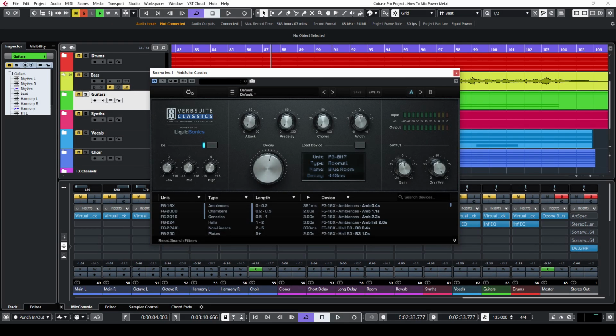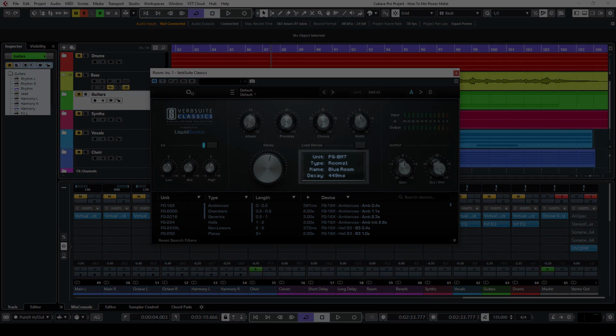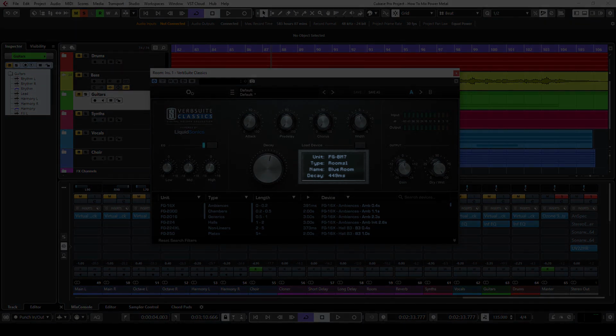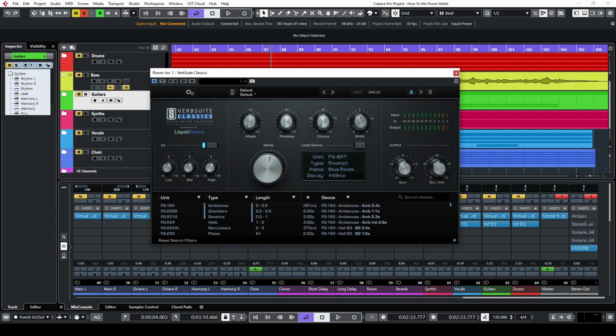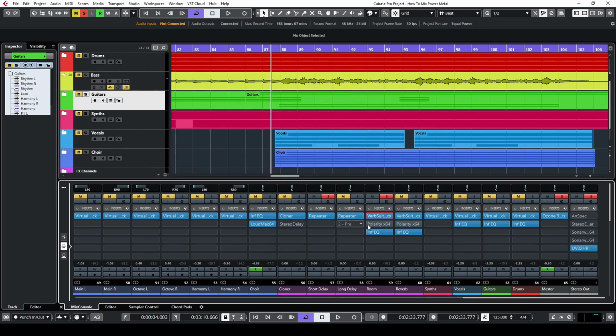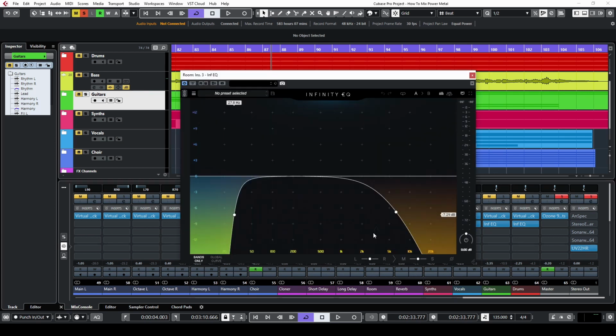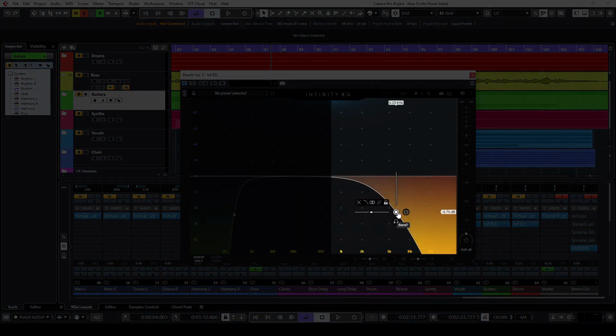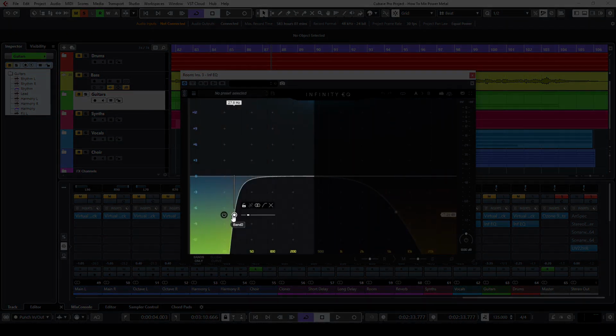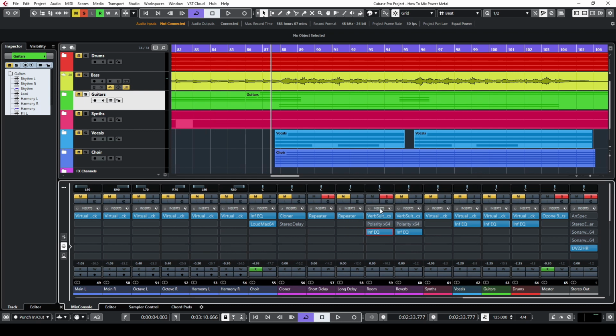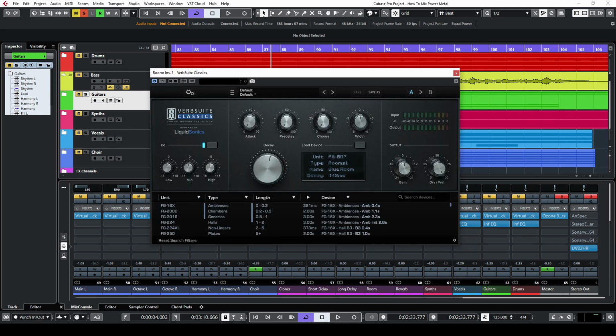The Room FX track's function is to simulate a small or medium-sized room. I used the Warp Suite Classics plugin with the Blue Room preset from the FG-BM7 unit. I changed only the decay value from 100% to 103%. You can experiment with any room reverb plugin to achieve a similar sound. After the reverb plugin, I used an equalizer to cut out the unwanted frequencies to create more clarity. I cut the high frequencies above 6.25 kHz and the lows below 27.8 Hz with the Infinity EQ plugin, but you can use any equalizer that has high and low pass filters. Let me show you how this effect sounds.